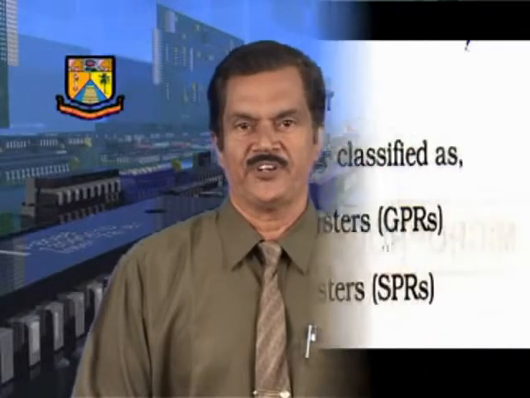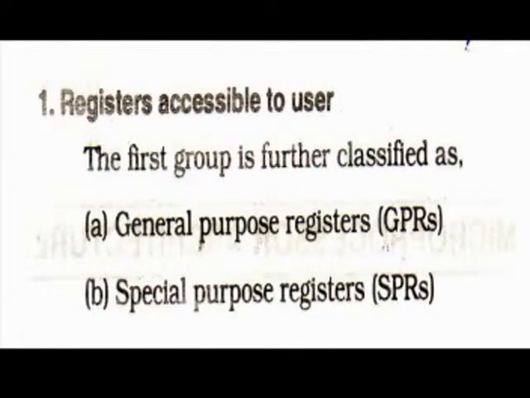Microprocessor reserves certain registers for its own use. You cannot put data in these registers and you cannot handle any type of data. But we are not interested in the second type. Our concern is this first type, because we are going to use these registers while executing a program. The first type, registers accessible to user, can be further classified into 2 groups. You can see this in the next figure.